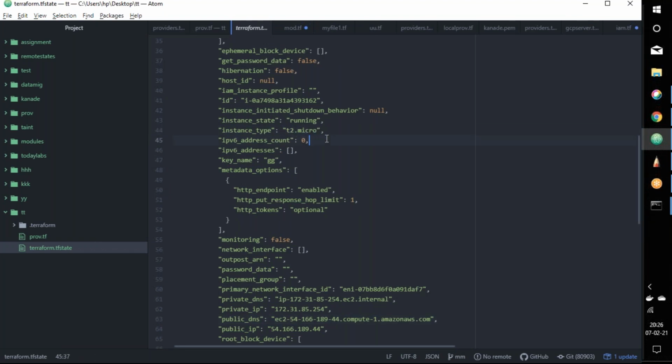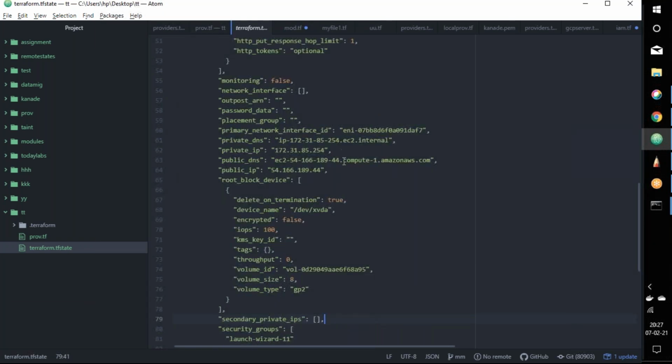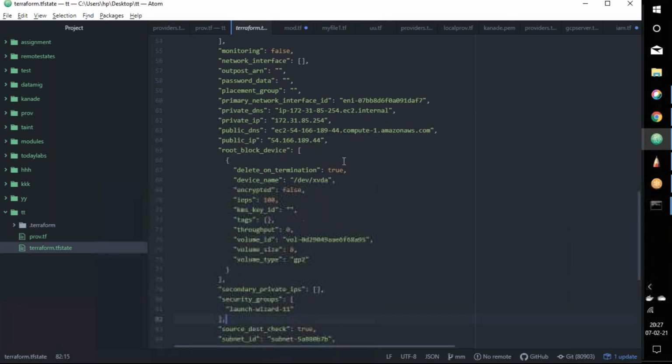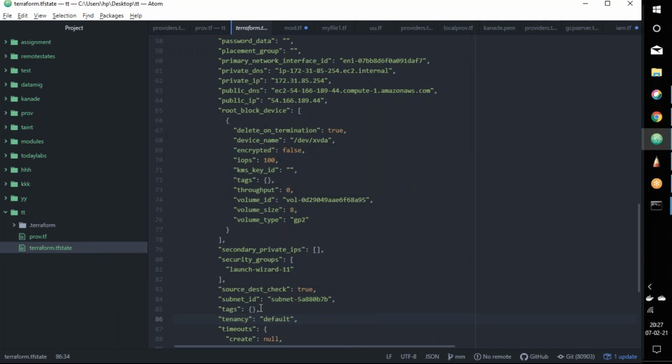But we changed it to t2.small. And if we look at the instance state, it is running, but we have changed the instance state to stopped. And if we look at the tags, there were no tags for the server, but we have given some tag there.